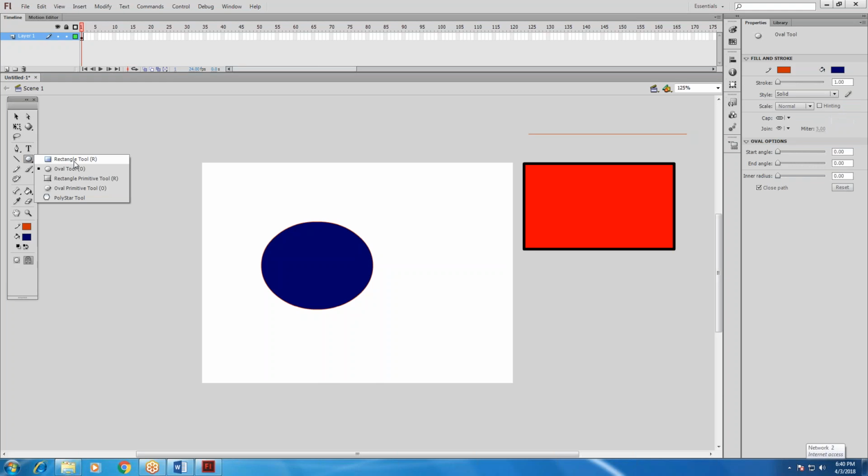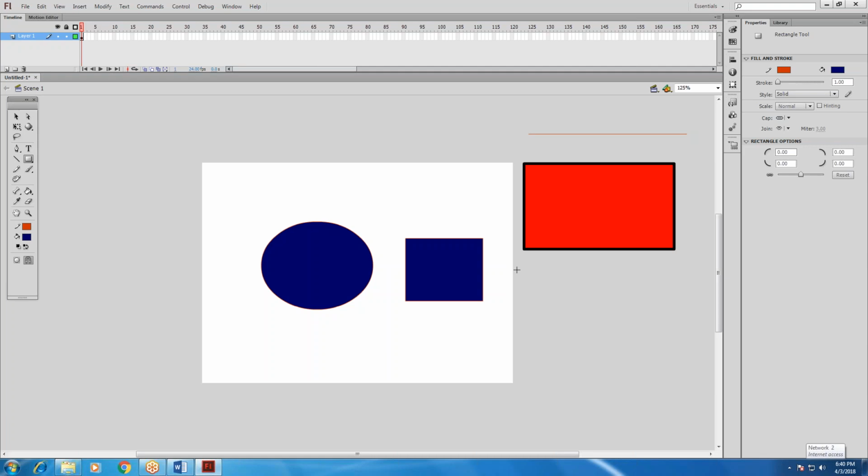So these are the rectangle and oval options. If you take the rectangle, you can draw it, and for this rectangle, you can set the corner angles.